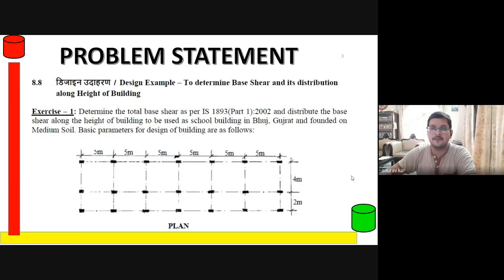The problem which we took while discussing the earthquake analysis, the same problem, the same building structure, I am taking here. I am not taking a different one.